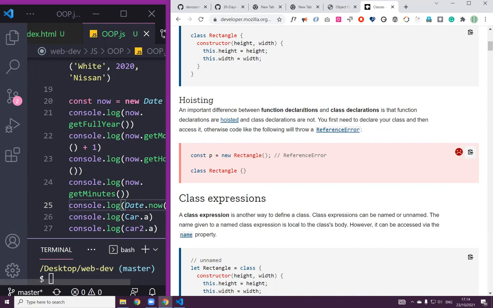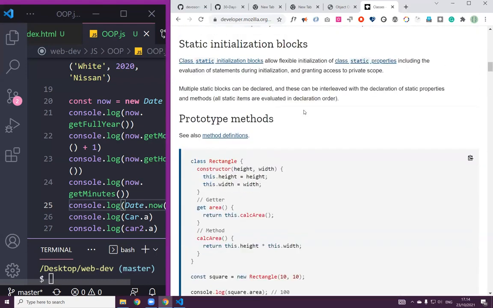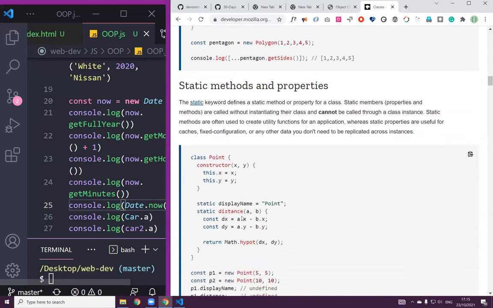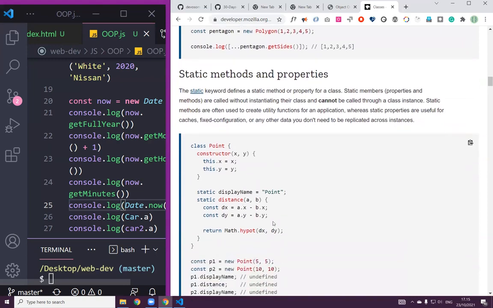Okay. No, sorry. Oh, okay, it was stuck. So property methods. We saw that. We will talk about get and setter. And yeah, the